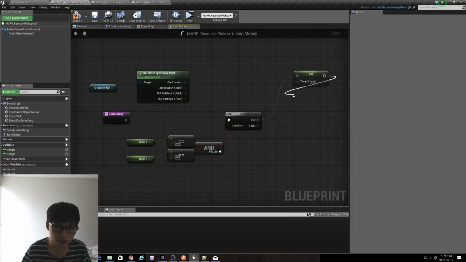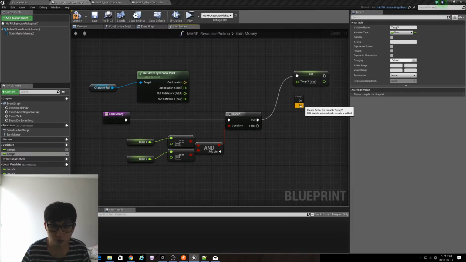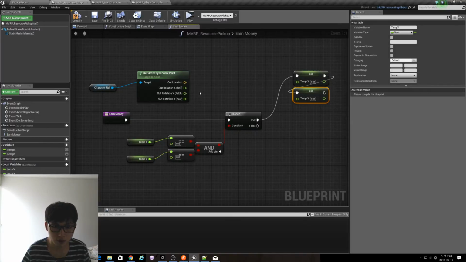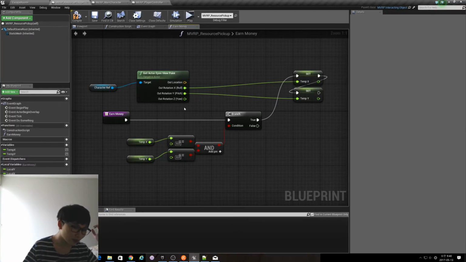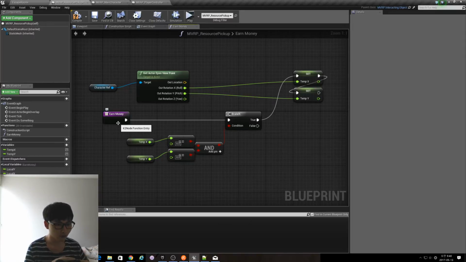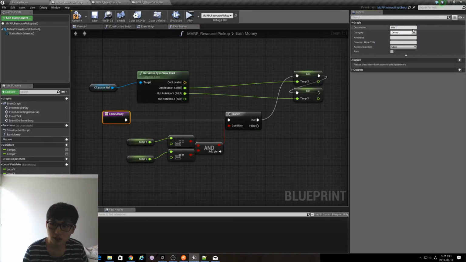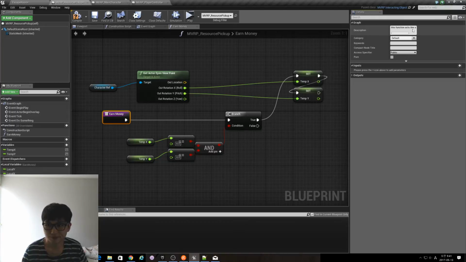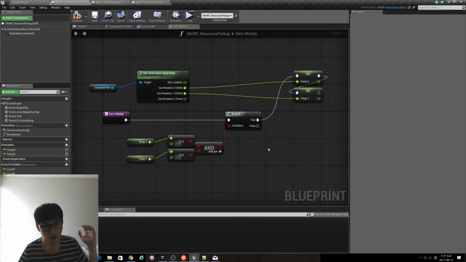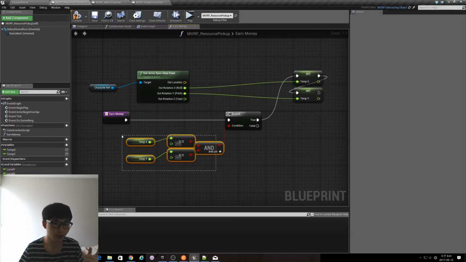We set the temp x and temp y, the value that we want to set as the roll and pitch of our eyesight. So if there's nothing inside the value, we just set it to the point where we're looking at right now. And if we go back to earn money every 0.4 seconds, this function acts like a tick, but slower. So it checks, is this the first value? And if it's not the first value,